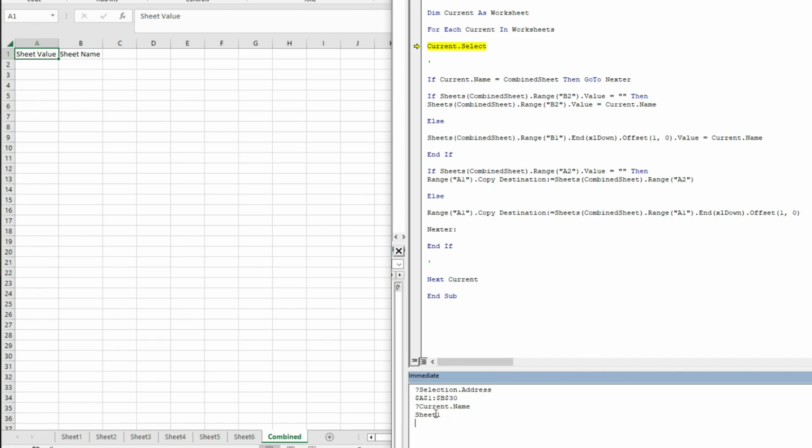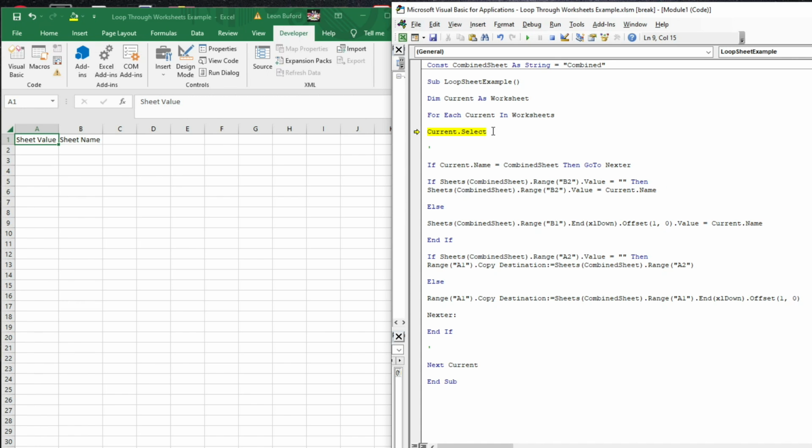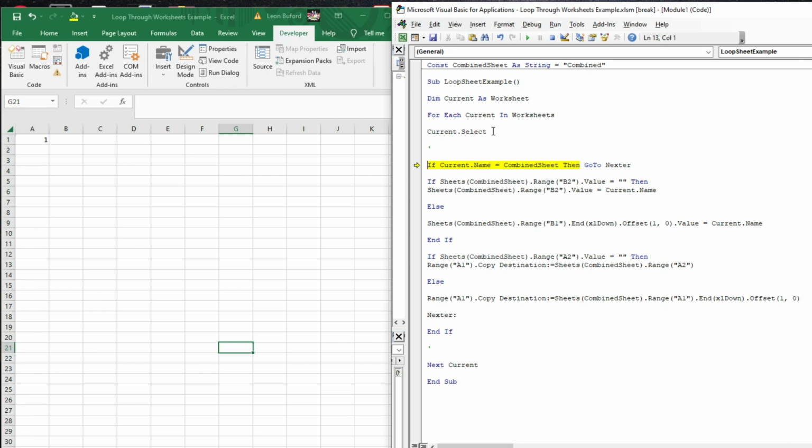But when I do the immediate window and I do a dot name, it actually will show me. And what I'm going to do is another Current.Name after it loops to the second one, and you'll see. And also, you'll actually see it do it. So I'm going to step through it again. You'll see that once it runs Current.Select, it'll go and select sheet 1. So from here, I have another